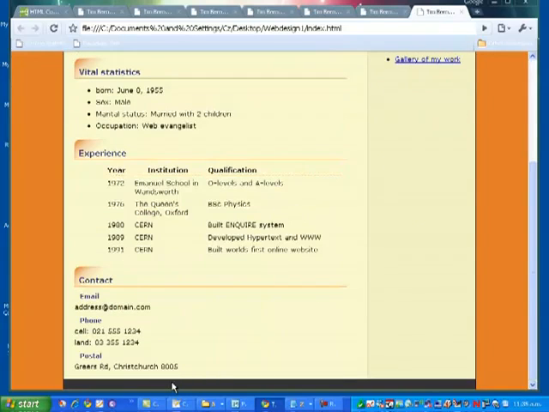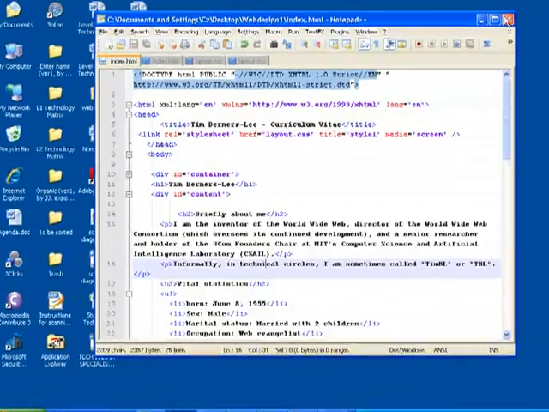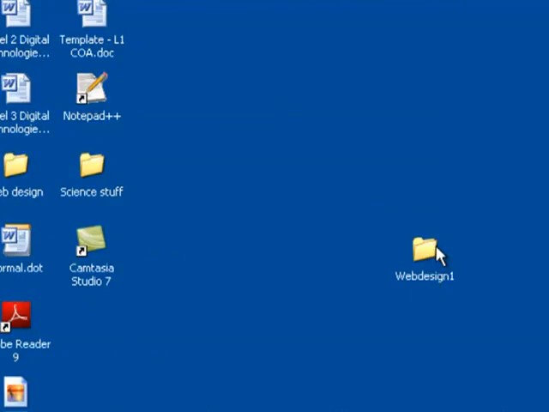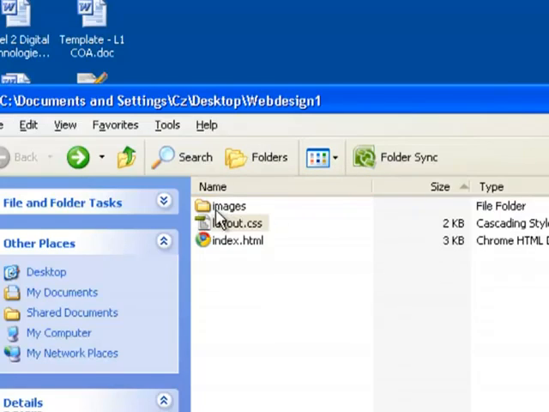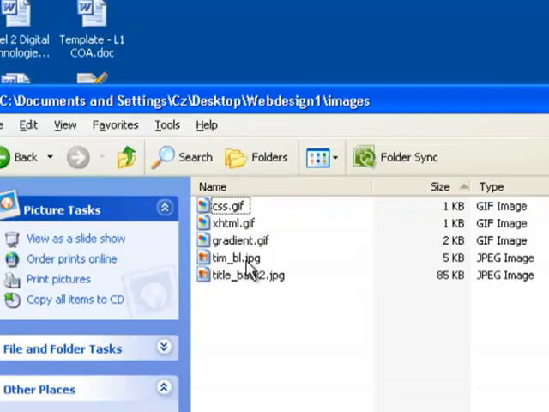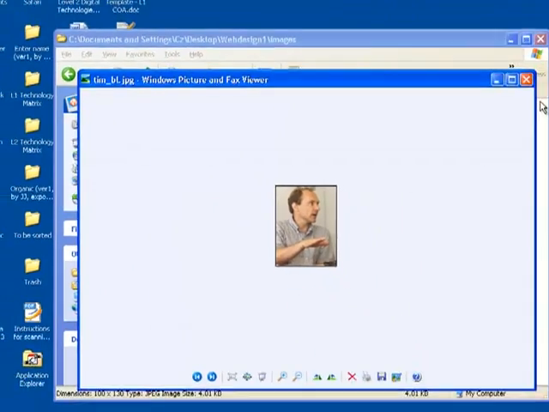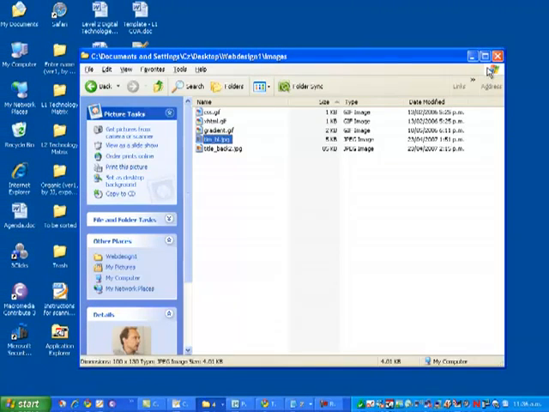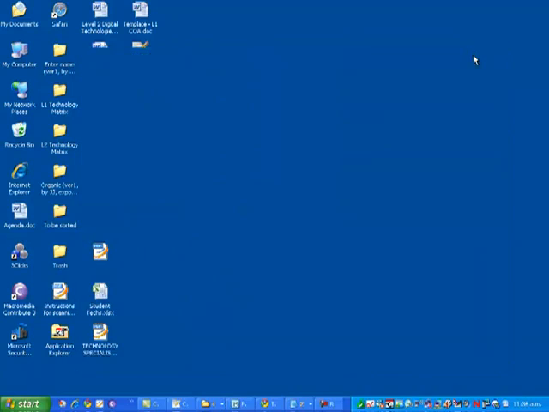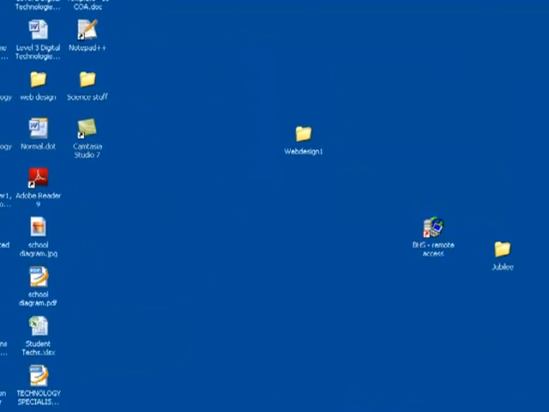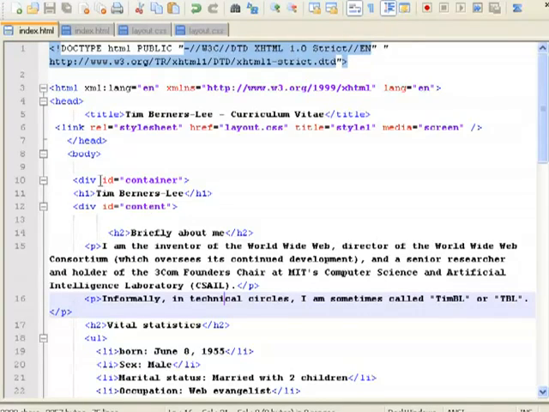I'm also going to put some pictures in the footer of the page as well. The first picture I want to put in is already located in my web design folder that I'd organized before I started this project, and the picture I want to put in is this picture here of Tim. So I'm going to go and put the code for inserting a picture into my index page. I'm going to put it inside the content,